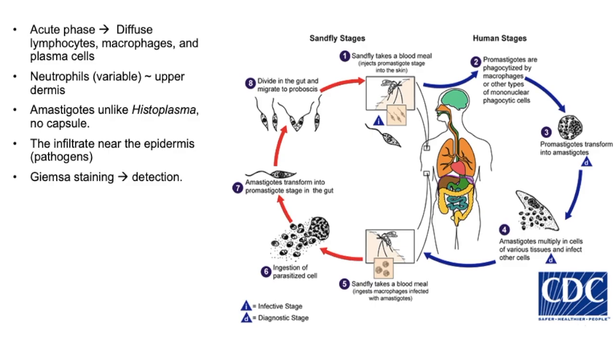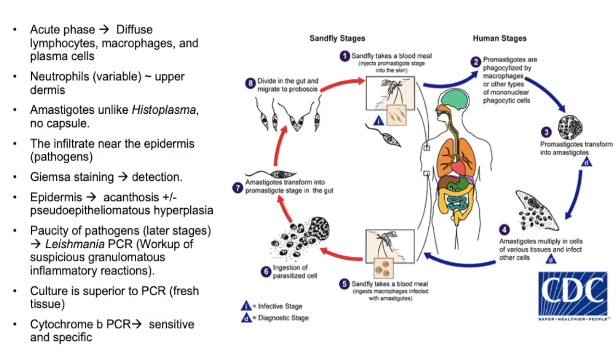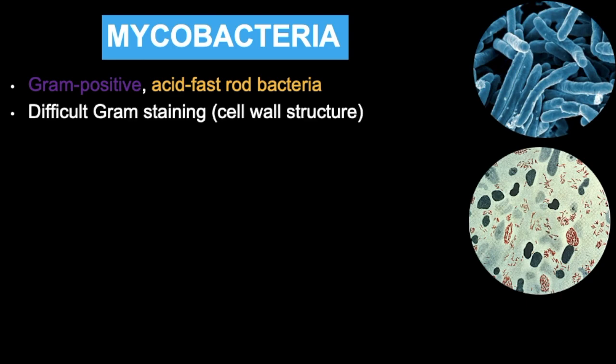Giemsa staining, as we said, is helpful to detect those, and PCR, if you are unable to see those on histology, will help you to identify leishmania. Culture is superior to PCR, but it requires fresh tissue, and cytochrome B PCR is more sensitive and specific than the previous tests. Mycobacteria are gram-positive, acid-fast rod bacteria, but usually are hard to see on gram staining because of